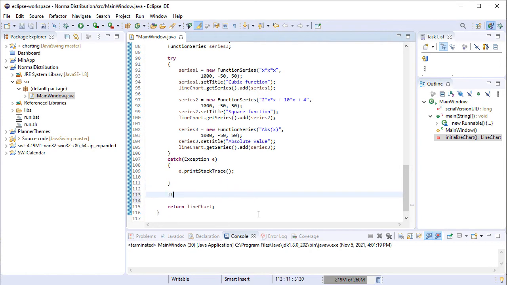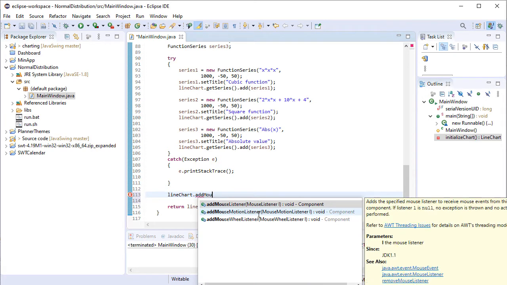First, we will add a mouse listener. Its job is to make the chart grab the focus.